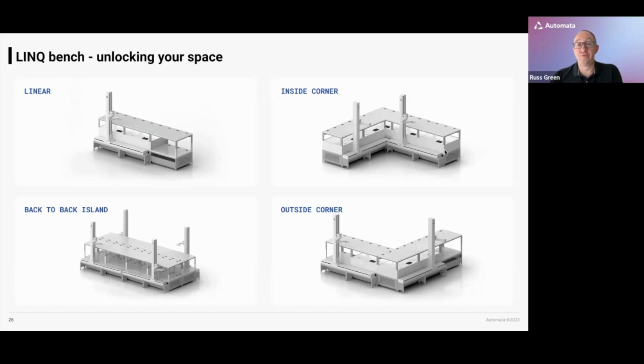We also then have two forms of corner benches. We have an inside and an outside corner that can be utilized to then go around the edge of a room and start building into the shape of your laboratory. And of course, finally, we have this back-to-back configuration where the transport layer is critical for passing labware from one side to the other of this platform, but allows us to build systems which, if we're building containment around them, tend to be a little bit more straightforward to build that kind of class 2 enclosure for. But it is also that more conventional island-based automation if you've got a large space that can accommodate it.